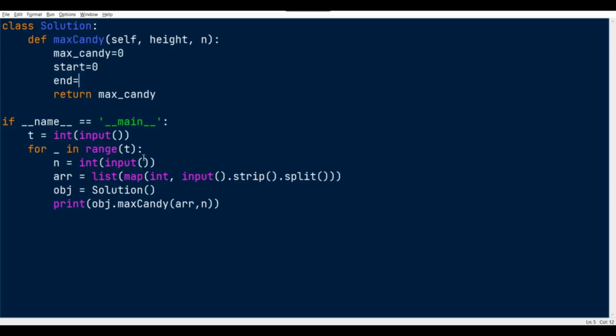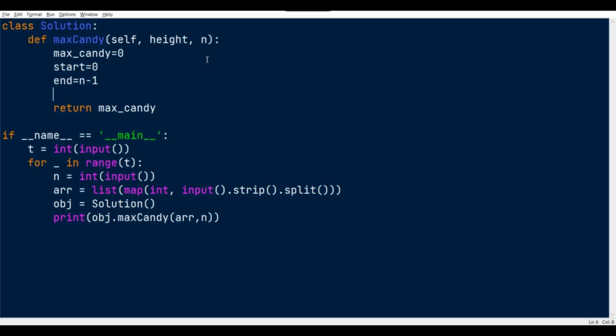The end value is the n minus 1 value, because they have mentioned the values in a non-array manner, like they have counted from 1 instead of 0. So we just need to put minus 1 here, right? So we got start, end, maxCandy.